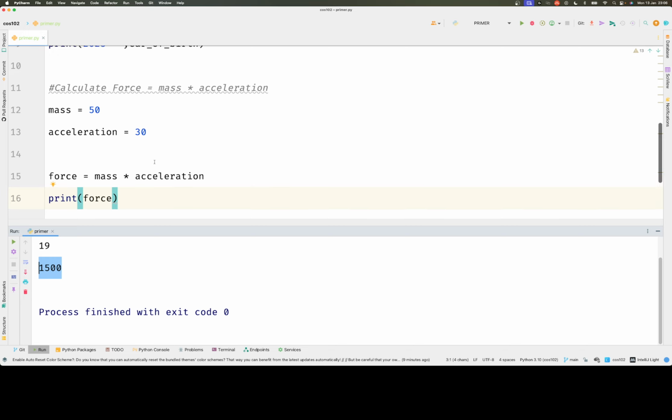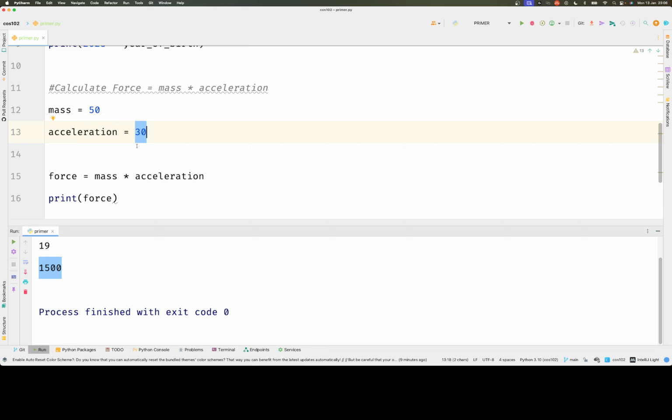So a variable is just a named memory location that holds data. In this case, we have the mass, which is the data, and we're storing it in a particular location, and we're naming it mass, right? Because if we don't have this name, we'll not be able to identify it in the computer's memory. So we use this name to identify and pull this particular value. That's why when we did mass times acceleration, it's basically this value times this value, which gives us this